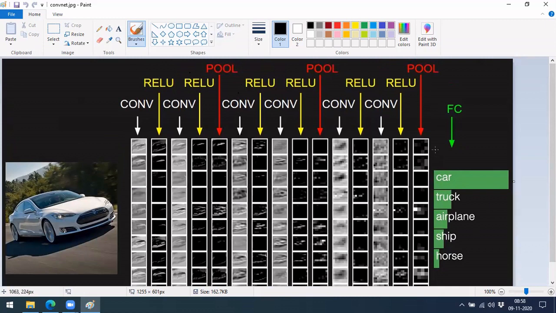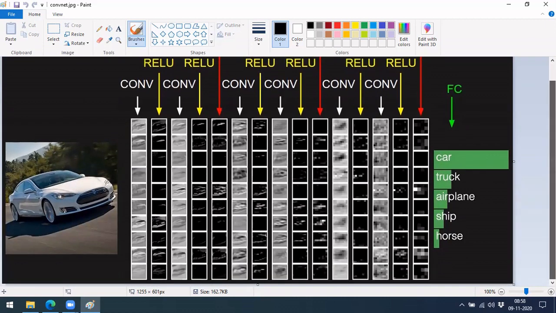Finally they keep a fully connected layer, which is nothing but a dense layer, and you get an output by keeping 5 outputs here. They are trying to predict car, truck, airplane, ship and horse. Finally, depending on your activations in the last layer, which have been calculated from these things, we will get the output. Okay, so this is how it actually happens.